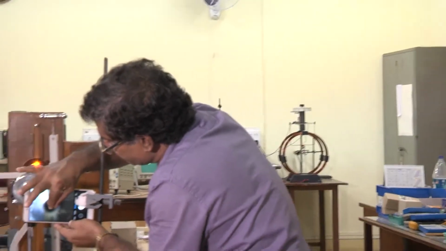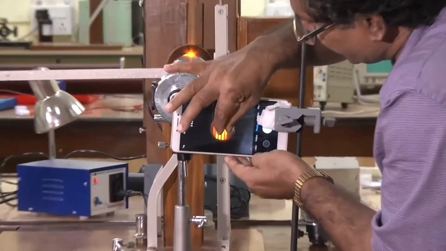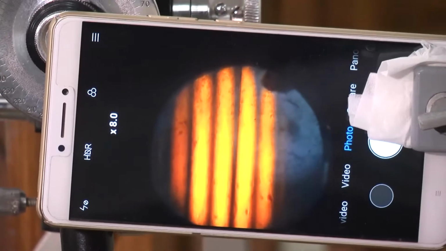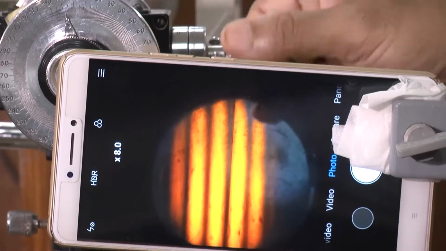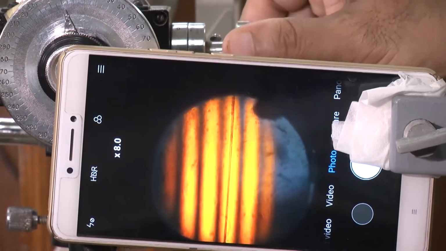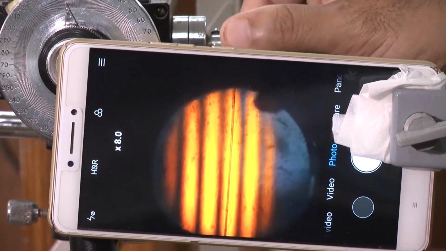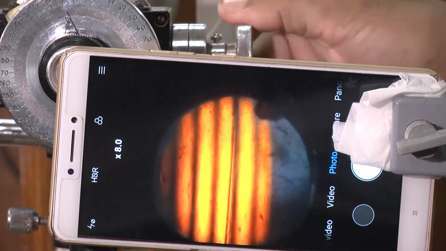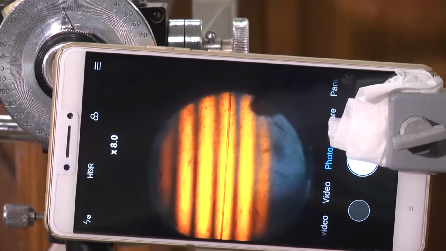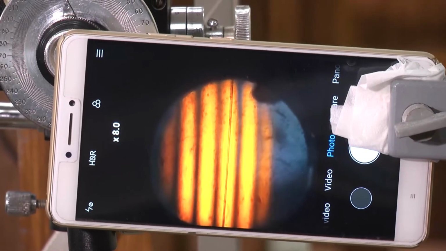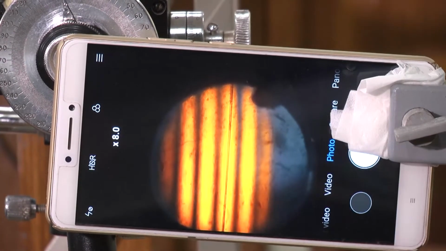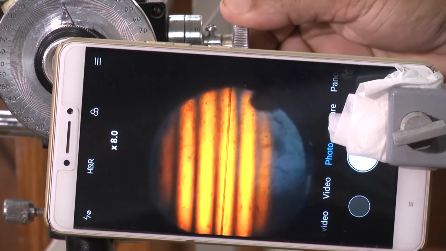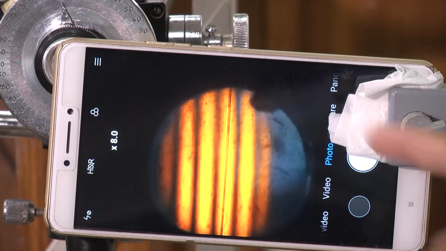So, the fringes are there. What I will do is set the crosshair at the middle of this bright fringe. You can see the crosshair is set at the middle of this one bright fringe.